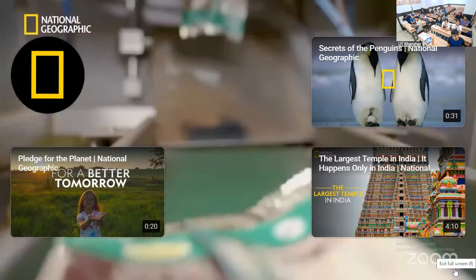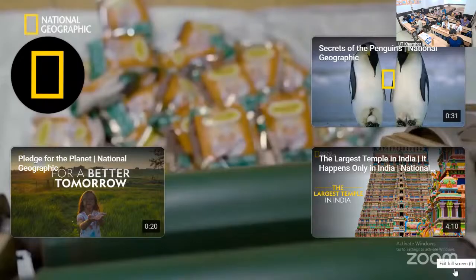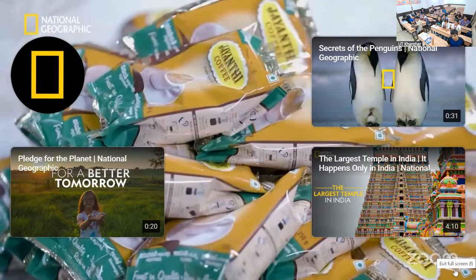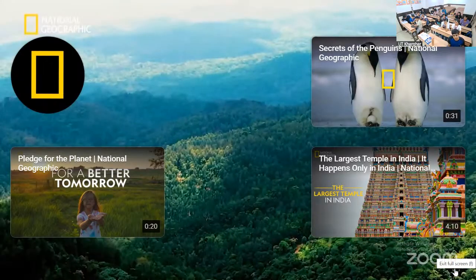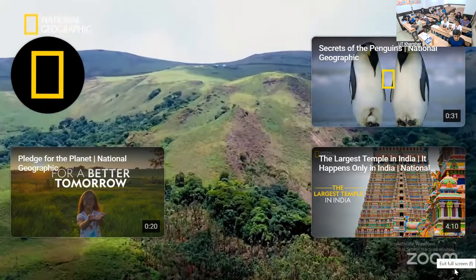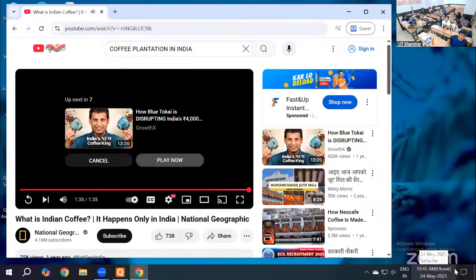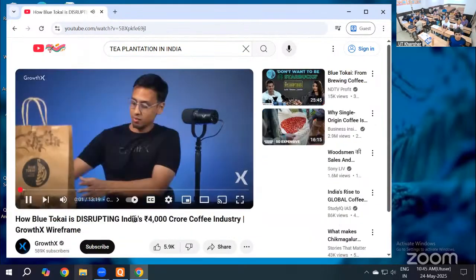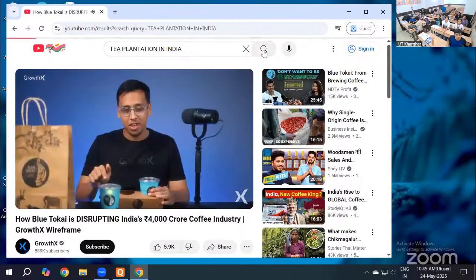And what's more, around 71% of the 300,000 metric tons of the coffee produced in India every single year is grown in the state of Karnataka alone. This coffee company